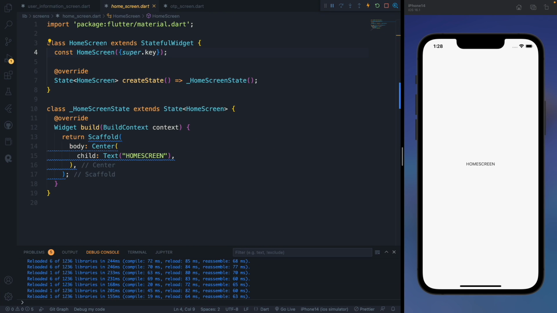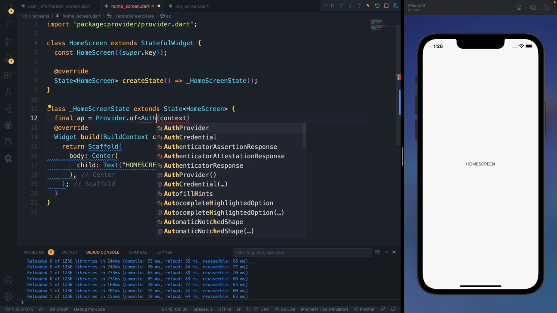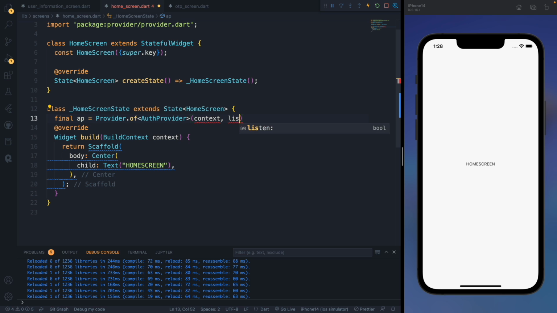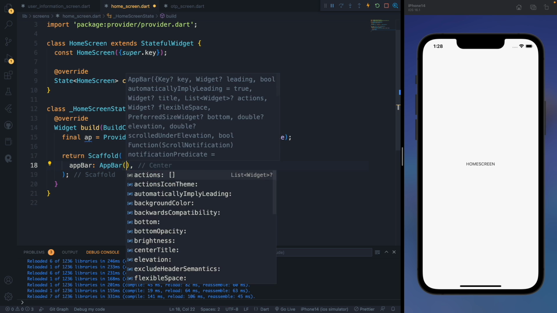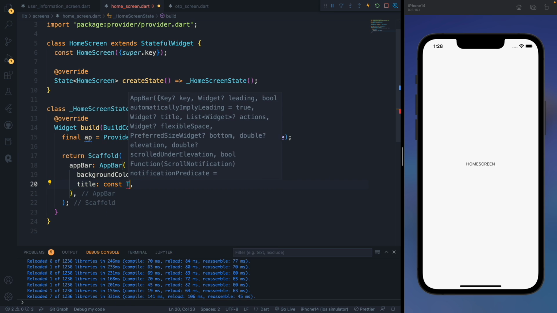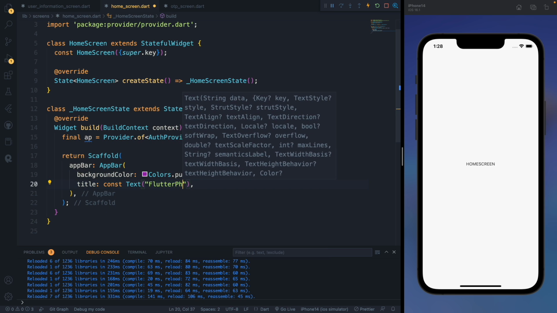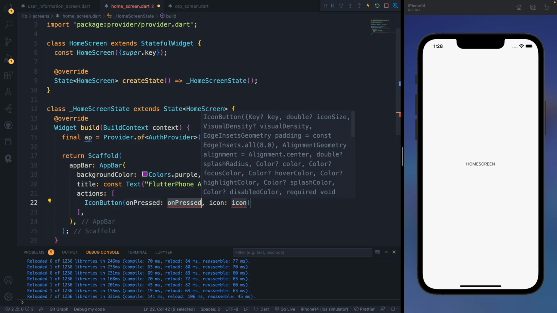In the home screen we can simply start by, let's say, provider of auth provider. Okay, this is in the build method, and we can return app bar with a background, let's say purple. Title can be Flutter phone auth, and there can be actions like,